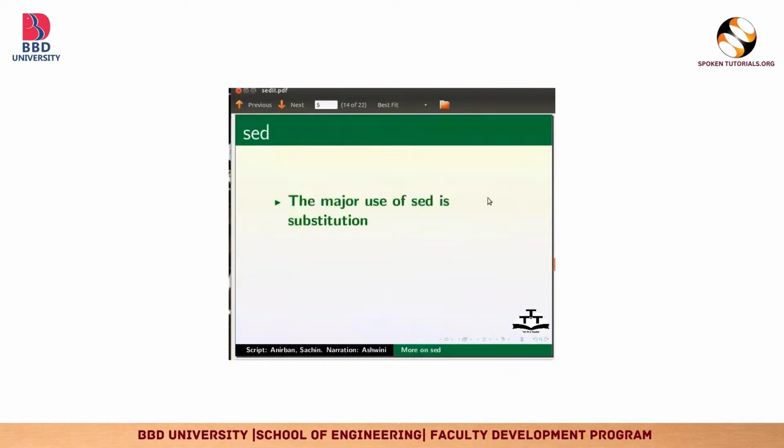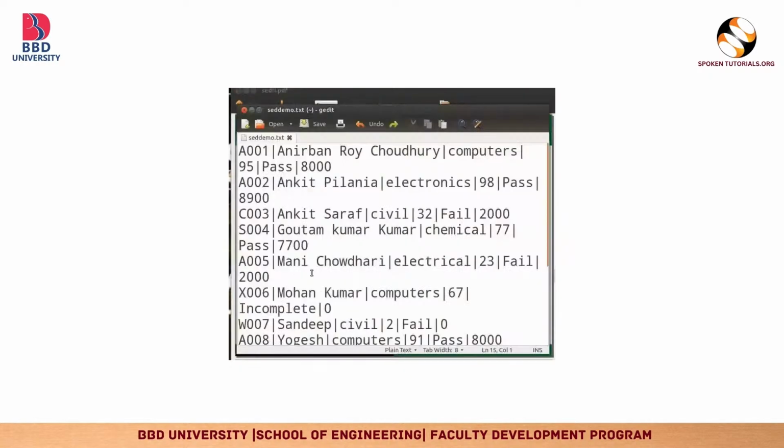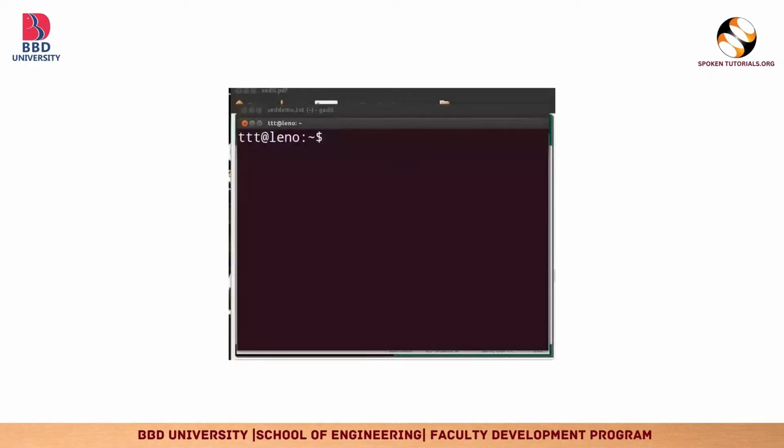The major use of sed is substitution, replacing some pattern in the input with something else. Let's first look at the original file setdemo.txt. Notice that the word Kumar occurs 2 times in the 4th line and once in the 6th line. If you want to replace all occurrences of Kumar with Roy, type on the terminal sed space within single quotes